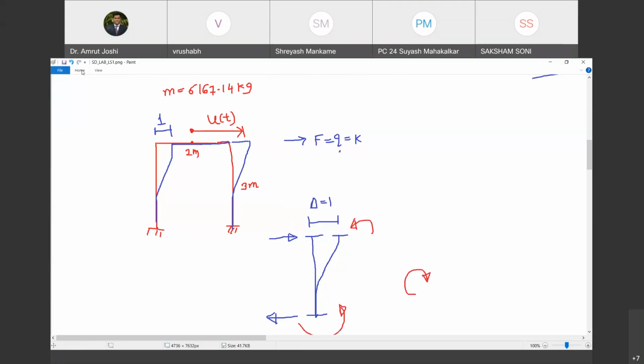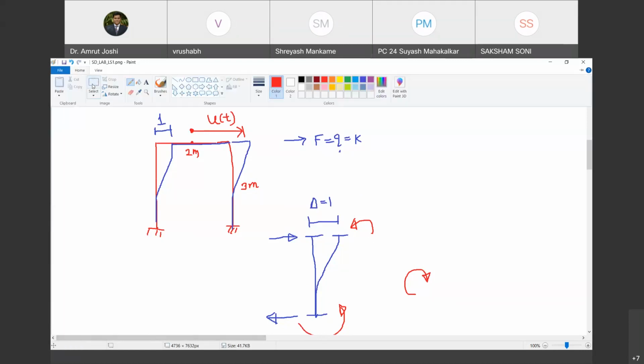देखो thinking process क्या है? To move this point towards right, I have to apply force towards right. As a consequence, there is going to be reaction towards left. This right and left pair of forces separated by distance, they produce clockwise movement. So to resist that clockwise movement, the support must provide anti-clockwise reactions. So do you agree with me?